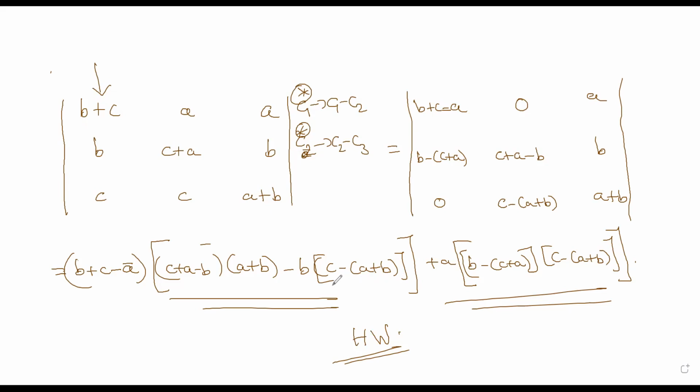This is method 2, I will tell you. Method 3 is about splitting the determinant. I'll tell you how to do that. Whichever is the best, you have to follow that. But I think getting 2 zeros first is the easiest part. Multiplying these things is the tedious task. That's why you try it as homework. If you're not getting, we'll do. Try it as homework. I'll leave it on you.